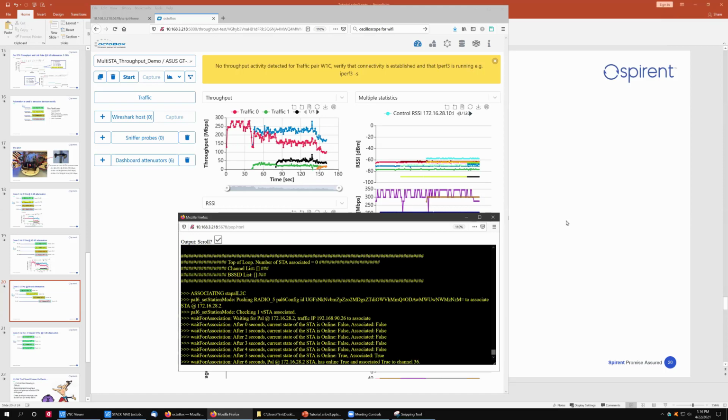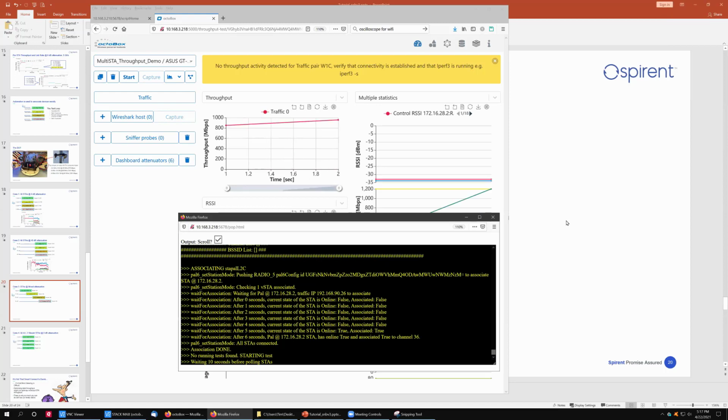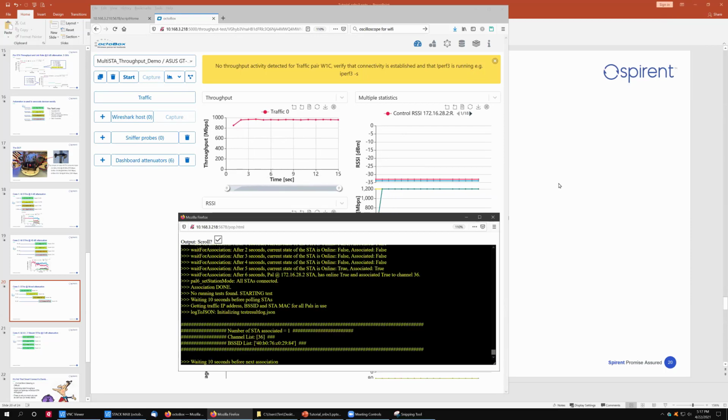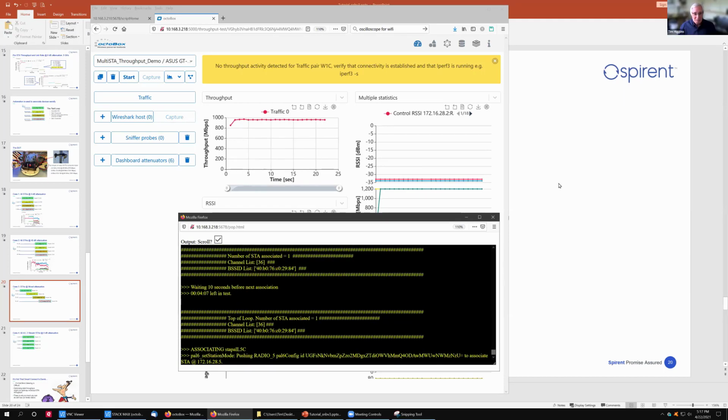Craig is asking a good question. Has someone tried to compare the measured throughput against what the theoretical harmonic mean should be in these multi-station tests? Seems you'd also need to include an overhead factor for multi-station at the same speed that isn't accounted for by the harmonic mean equation. Yeah, no, we did not do that. No, I have not done that in this demo.